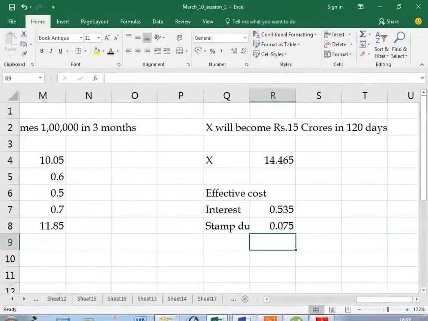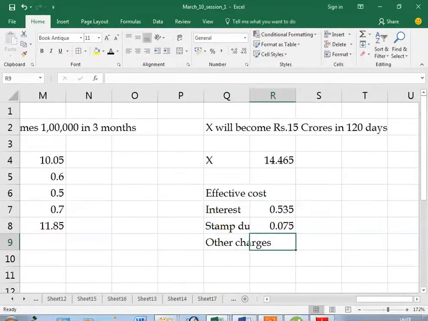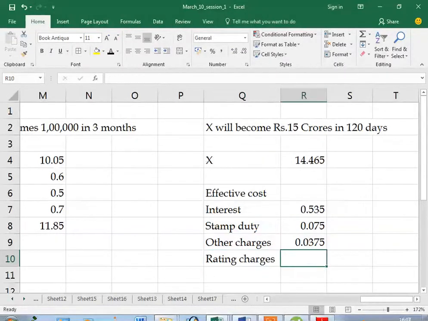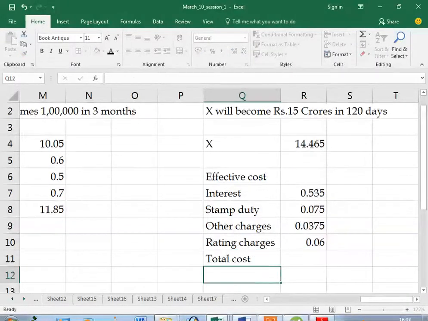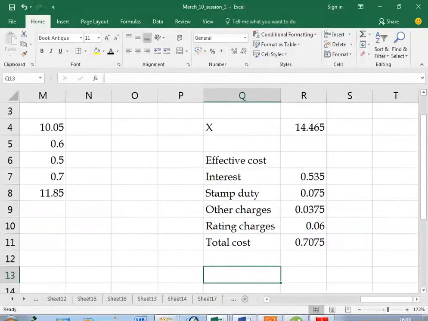Then other charges is 3.75 lakhs, so 0.0375. Then we have rating charges, 0.4%. So 0.4% into 15, 0.06. I assume all of this is for a quarter, okay? All of this are for 120 days. So for that instrument, I'm going to incur so much of cost, and effective cost is